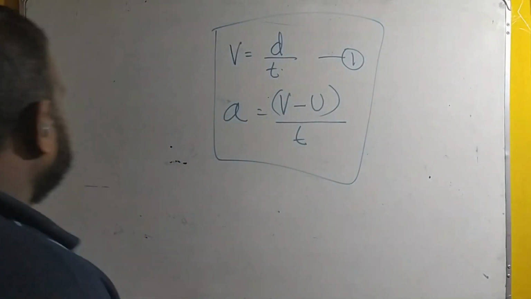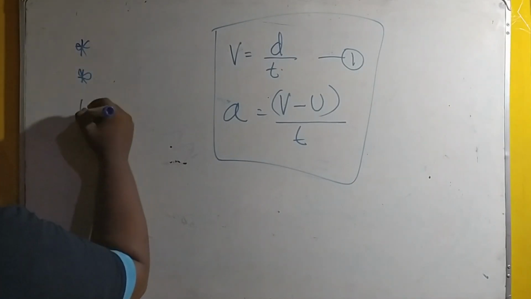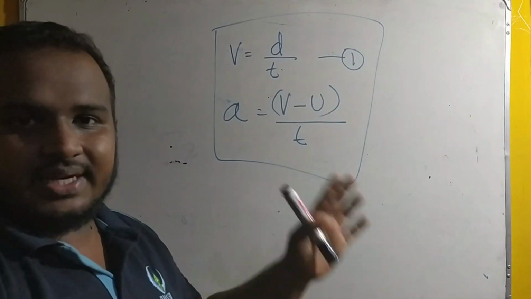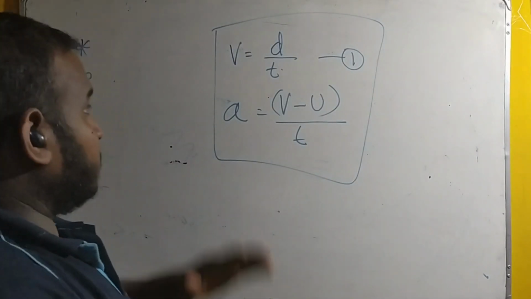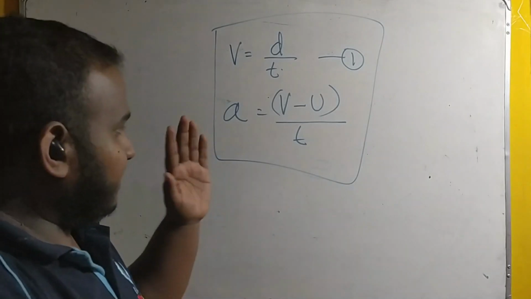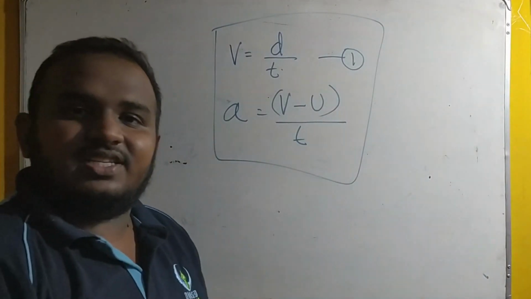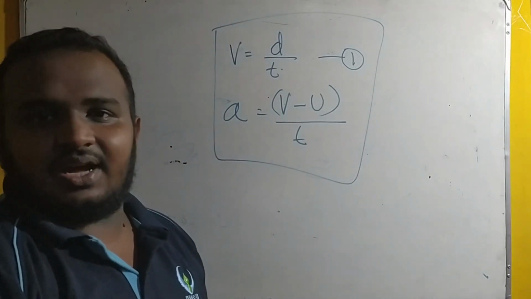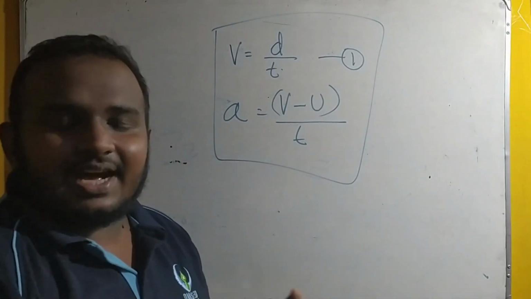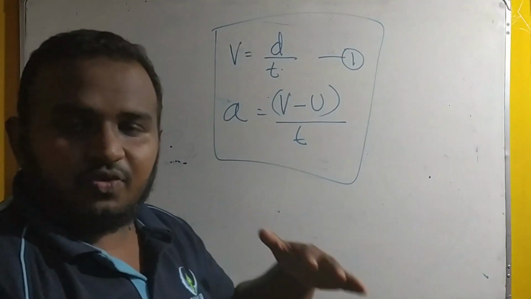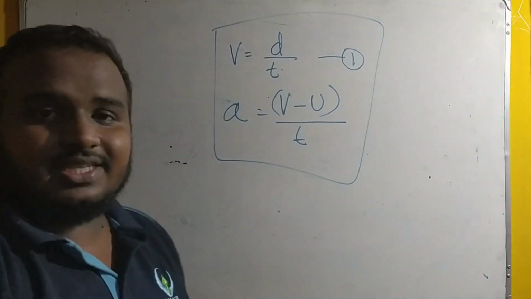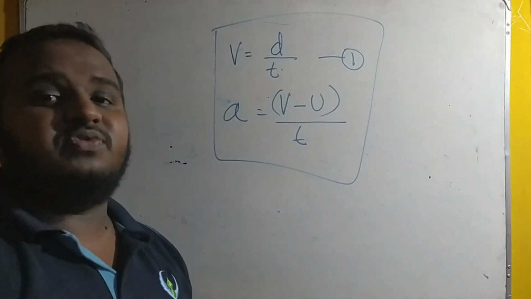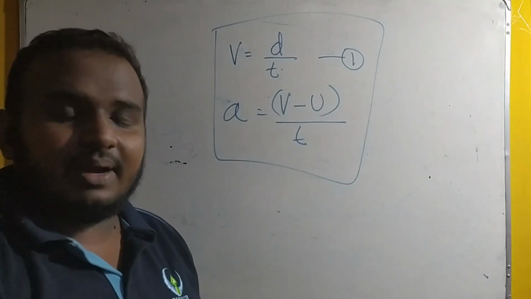Here I will be introducing four different equations which were derived from this. However, these equations were in the old syllabus, but they are not in the new syllabus. But the questions are repeated in papers. I have seen in several papers, they go for answers based on these equations. So however, try to understand it. This is very simple, otherwise you may be confused with the other method as well. That's why I am introducing it.